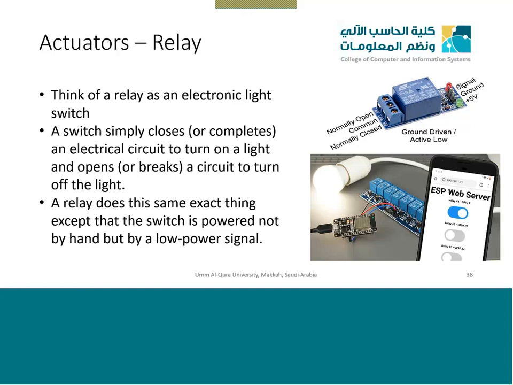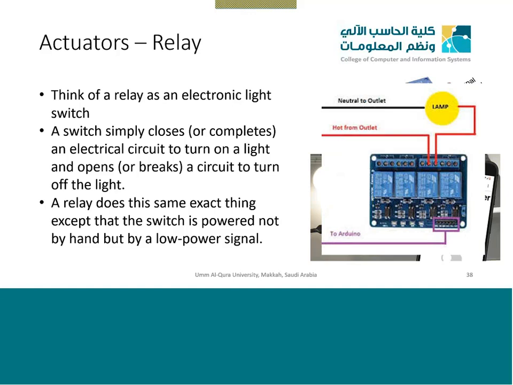So when you are automating your homes, when you talk about smart homes, of course you have 100 or 200 pieces of equipment like lights or fans and all these things in a big home. So you need a lot of relays and a microprocessor with a lot of pins, so you can connect each one of them and you can control them from your server, or your artificial intelligence server can automatically control all these things if someone is coming or someone is leaving. This is how a relay works.